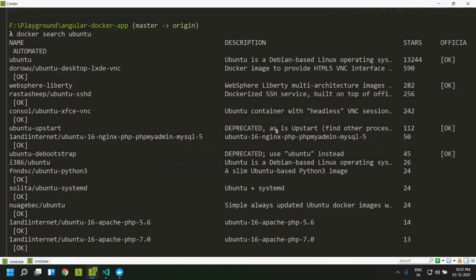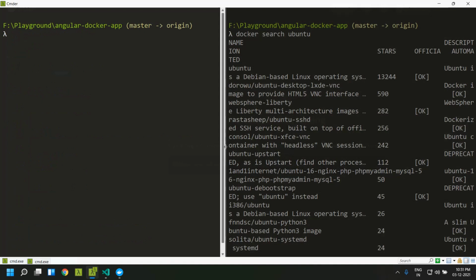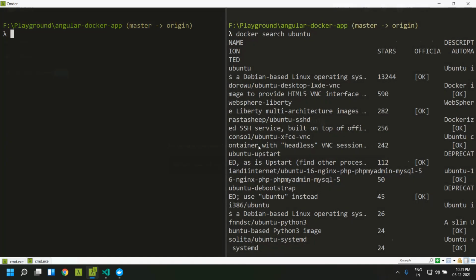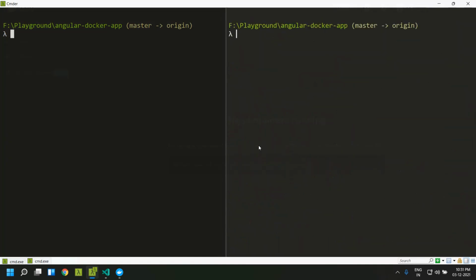So basically the search is happening in a remote registry. We can create our own images locally as well. In order to list the images that exist on our machine, you can use the docker images command. So here you can see as of now there is no image present.